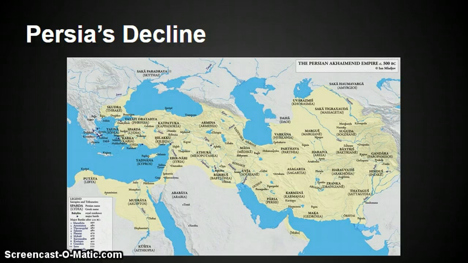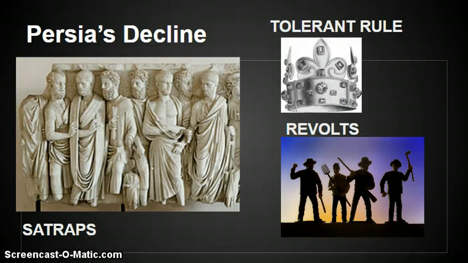The Persian Empire was a huge and powerful empire, but it couldn't last forever. In Persia's case, the beginning of the end was with overly powerful peripheral rulers that were in charge of big provinces called satrapies. These rulers were in a good position to make themselves independent of the central power. In addition, the Persian ruler used a system of tolerant rule, where very few conformities were asked of the people, leaving them autonomous. Add this to citizen revolts and civil wars because of high taxes, and the empire couldn't sustain itself.